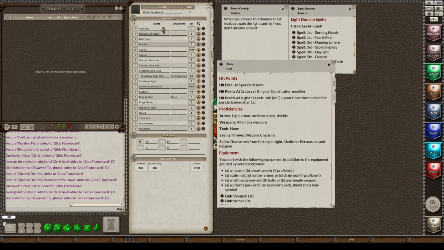What I do want to fix is my inventory, so I'm going to put all my items in the backpack that would belong in the backpack. So I'm going to erase the word empty, go all the way back to the letter K, and then everything that goes in the backpack, if I type a capital B, it will start with that. Belt pouch, I'm not going to put in there. Blanket, yes. Candle, yes. Censer, yes. Clothes, vestments.